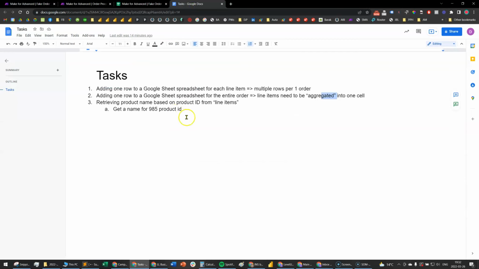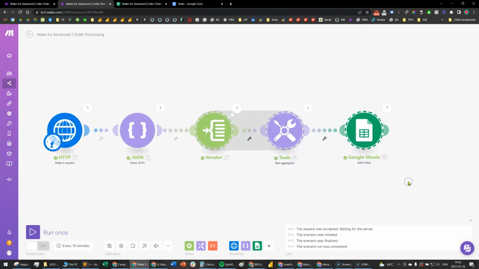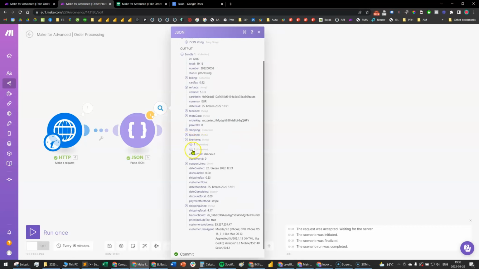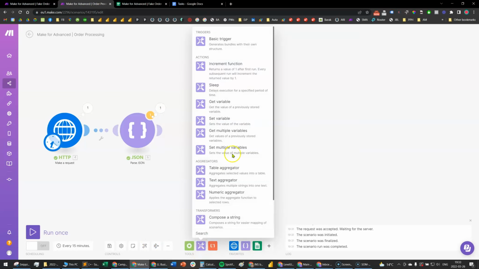Okay, and now moving to task number 3. In task number 3, we want to retrieve the product name based on product ID from line items. And we want to get the product name for product ID equal to 985. So when I go to my scenario, I can now remove this part and look at the JSON at line items. We can see that for 985, the product name is apples. So we want to get this string based on this. So how to go about it? I will simply retrieve it